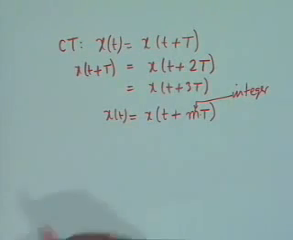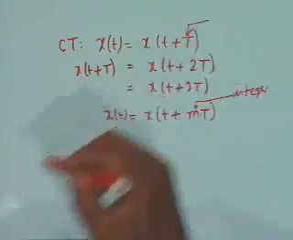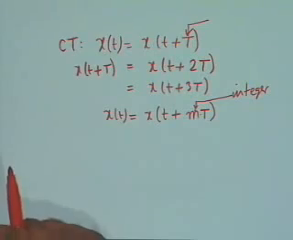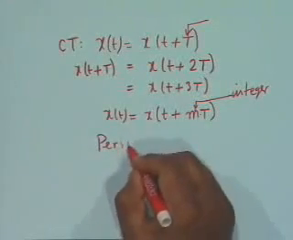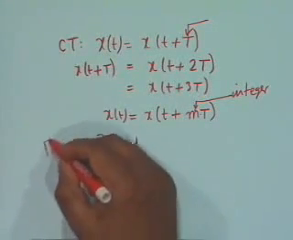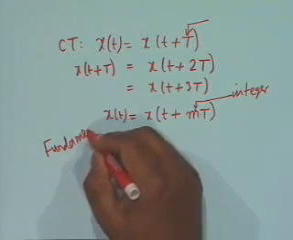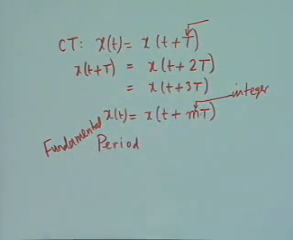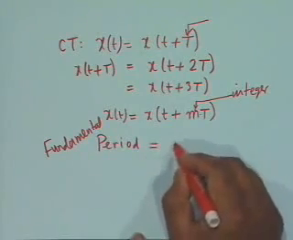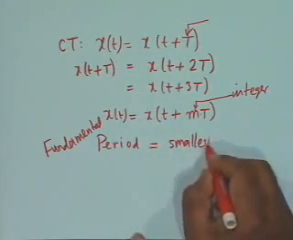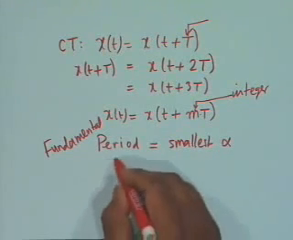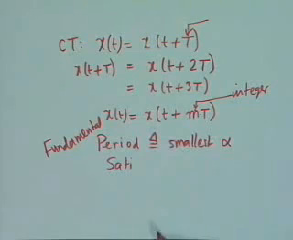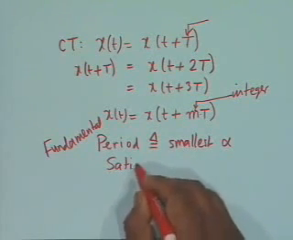But obviously, there must exist a minimum for this t, for the signal to be periodic. And this minimum is called the period or the fundamental period. The adjective fundamental is usually omitted. We simply call it period. Period is equal to the smallest alpha, we will not use capital T now, satisfying, period is defined as the smallest alpha satisfying